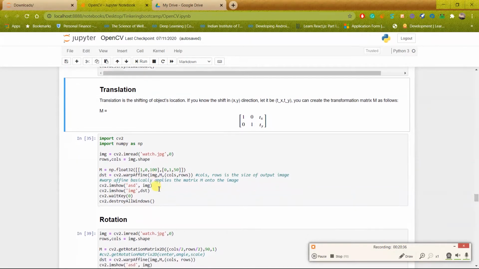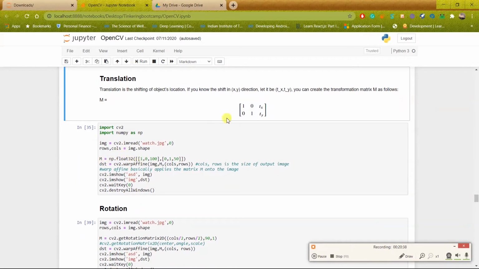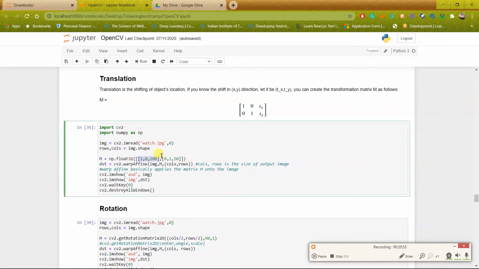So I create a matrix of this format using a numpy array. As you can see here, I'm giving the first list 1 0 100, and the second list 0 1 50. When you end the list and put a comma and then start a new list, the new list becomes a new row in numpy.